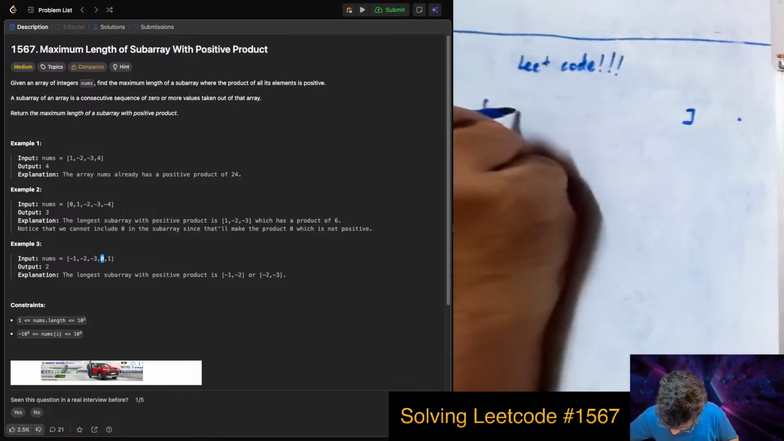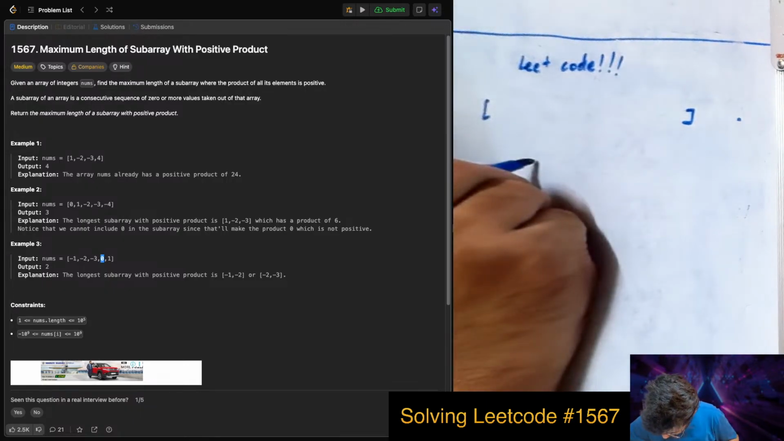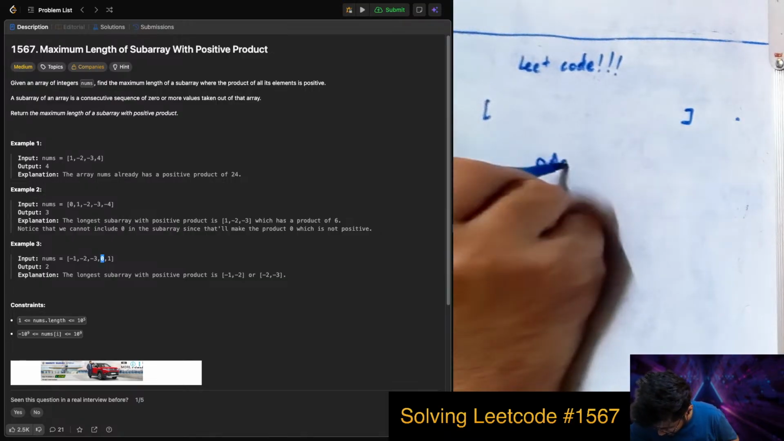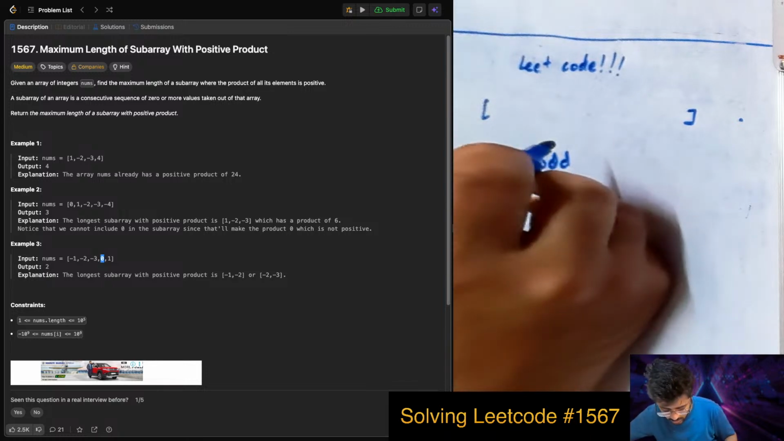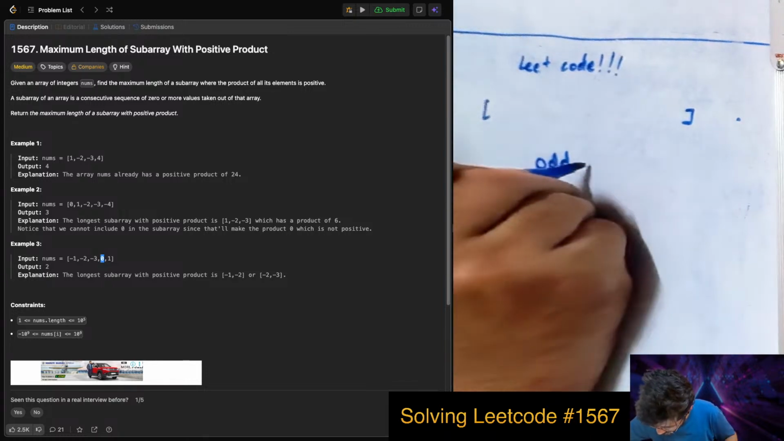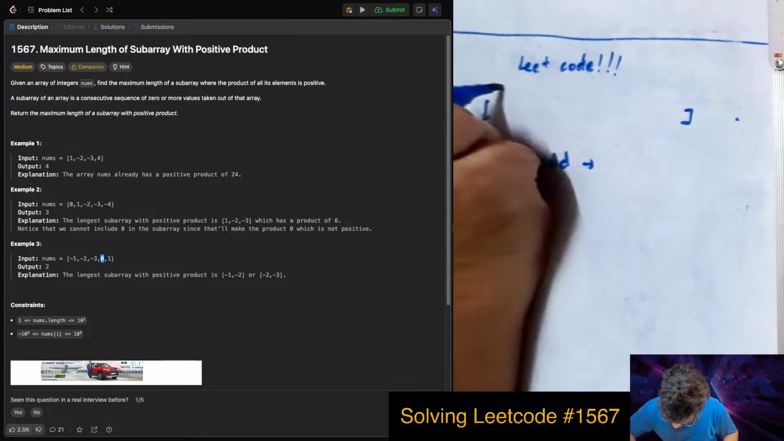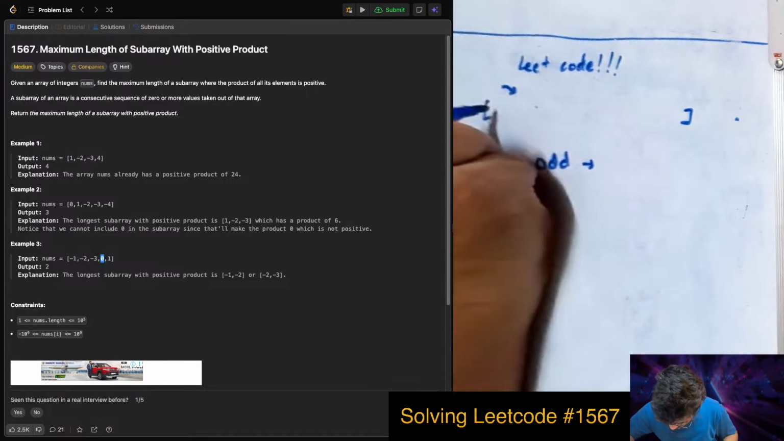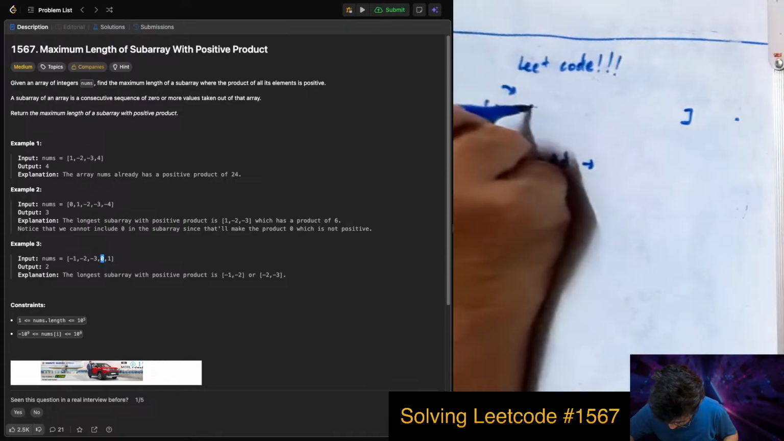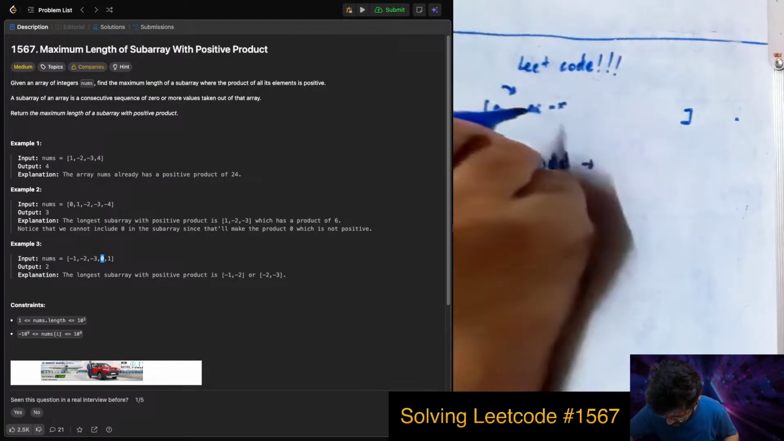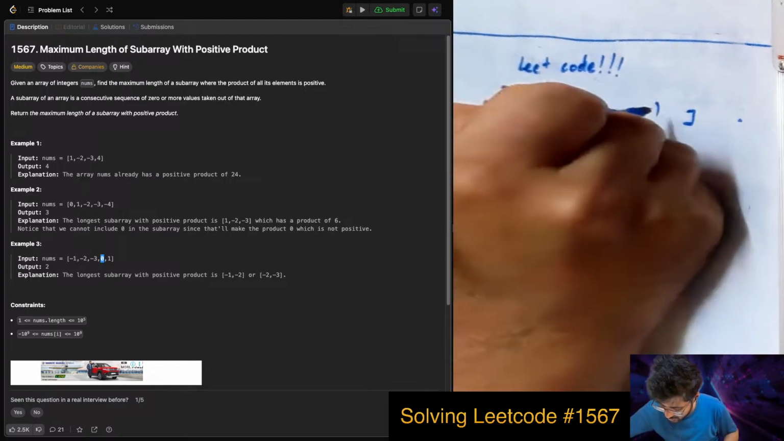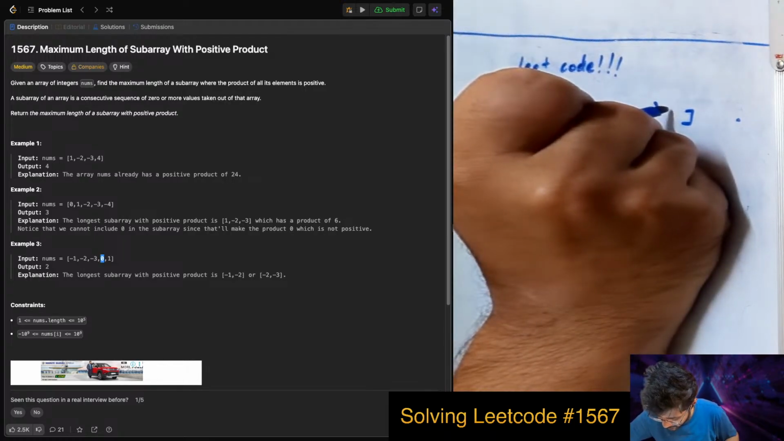So the first thing is, we just count the number of negative numbers. That's very easy to do. So we have, let's say, an odd number of negative numbers, because again, if even, we just include the entire array. The product would be positive. So if it is odd, then we see where the first negative number is. Let's say we had some numbers a1, ai, and then we had -x, and then we had some numbers in between, and then we had